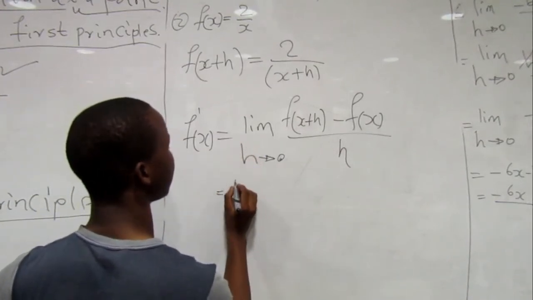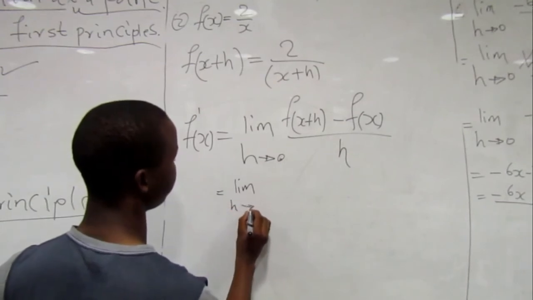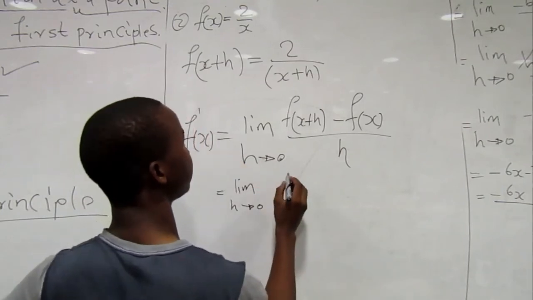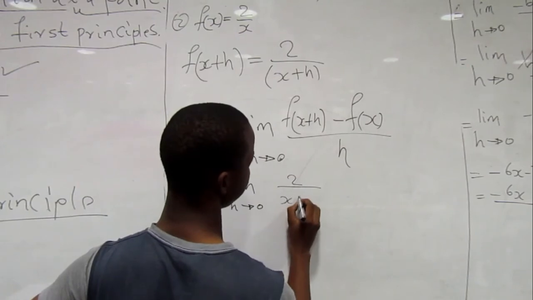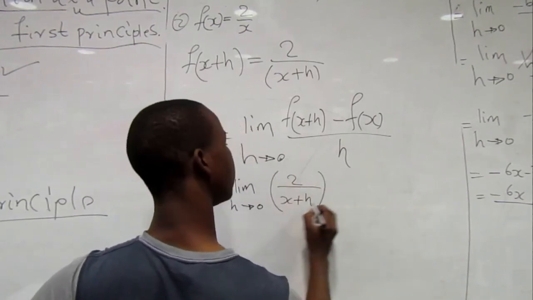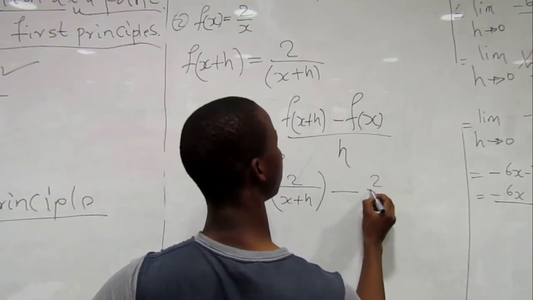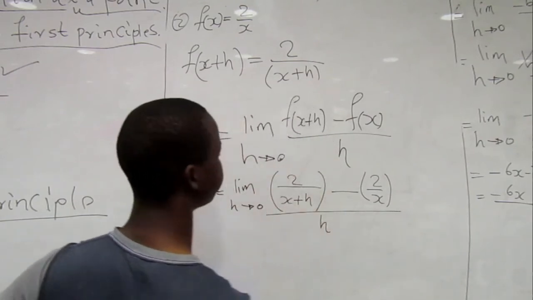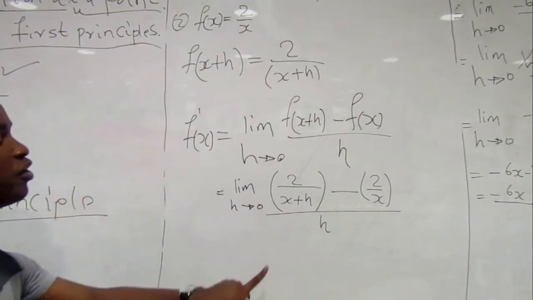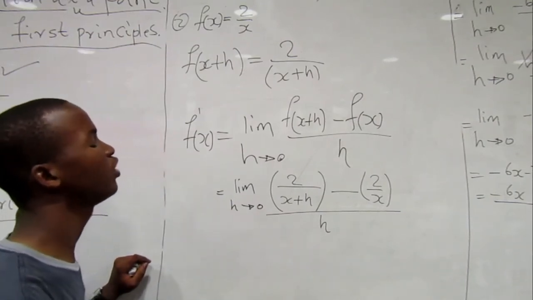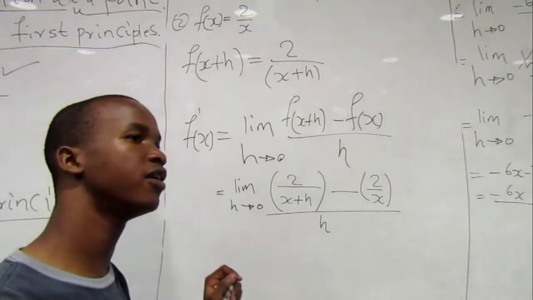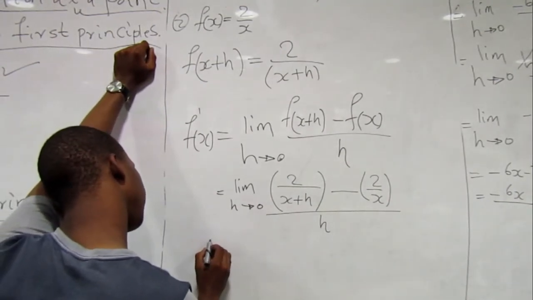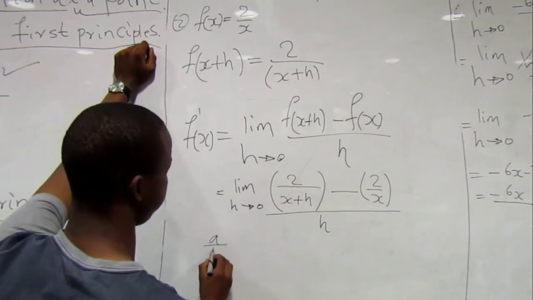We go with the limit again. The limit as h approaches 0. Our f of x plus h is 2 over x plus h. You put brackets again, minus f of x, which is 2 over x. Again, you put brackets, the whole divided by h. Then from here, we're going to use this rule of division. This rule says that if a over b